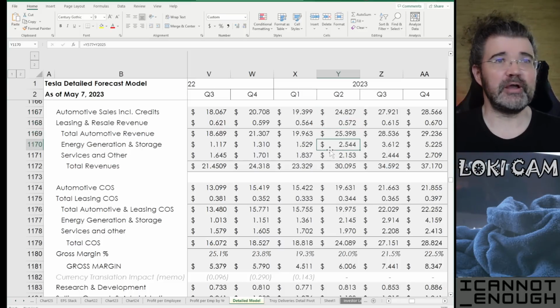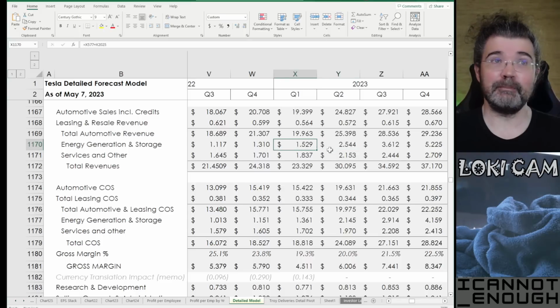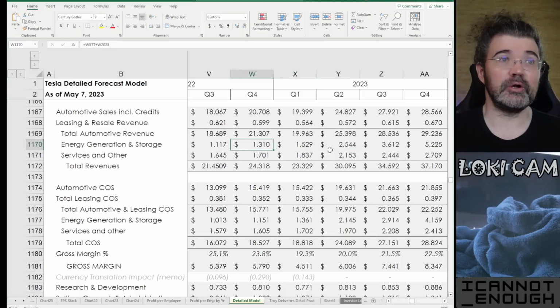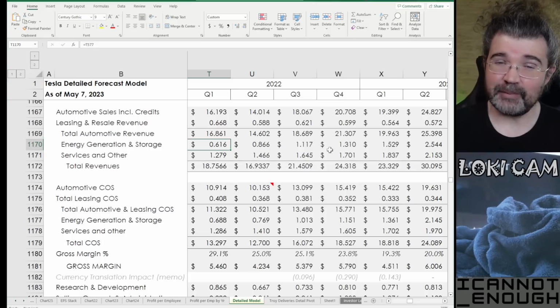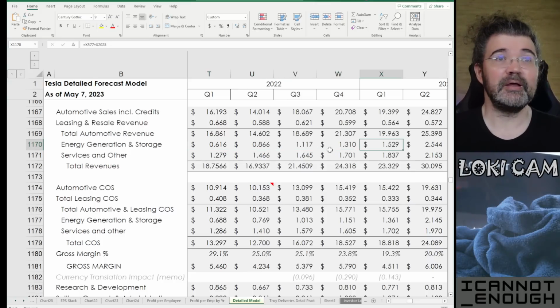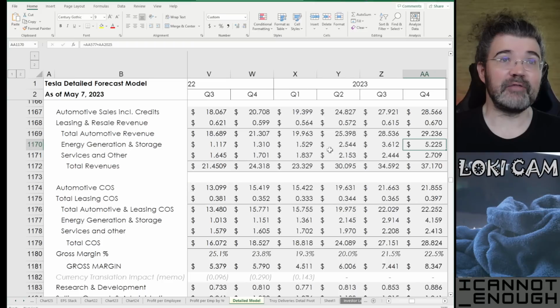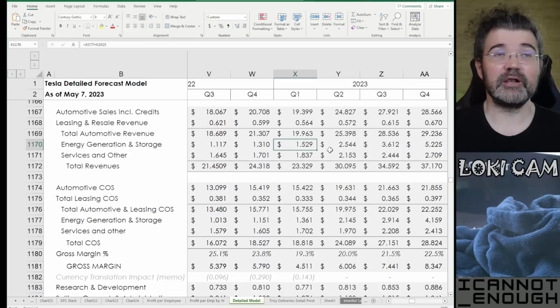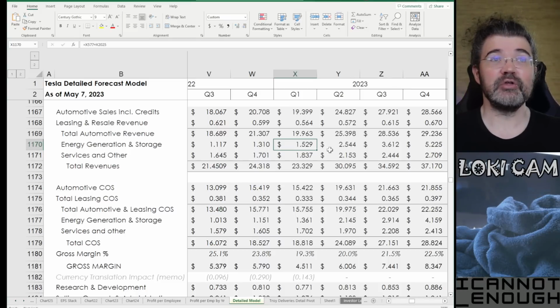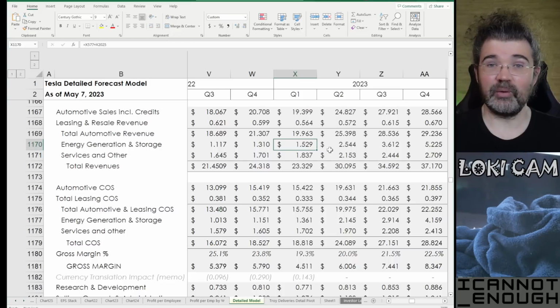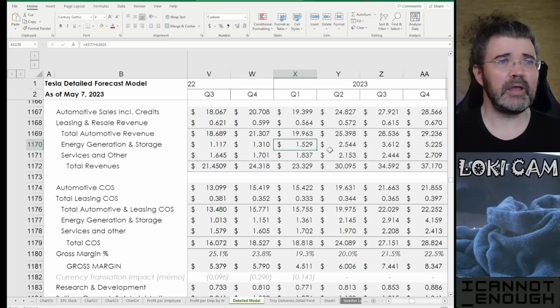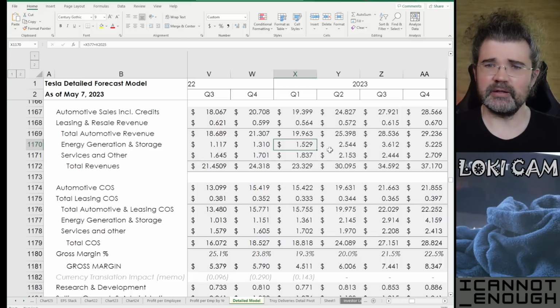So what about energy generation and storage? I've got that going up by $1 billion. That's never happened before. What on earth could make that happen? Well, if you sell enough megapacks at $2 million a pop, you can do it. That's a big lift, and I'm expecting that to continue throughout the rest of the year as Tesla delivers record energy storage in terms of gigawatt hours sold, mostly to utility grade